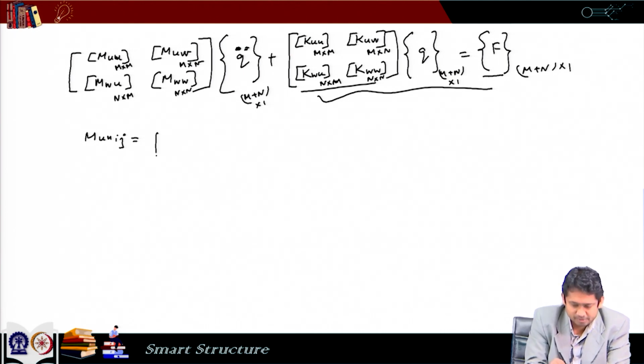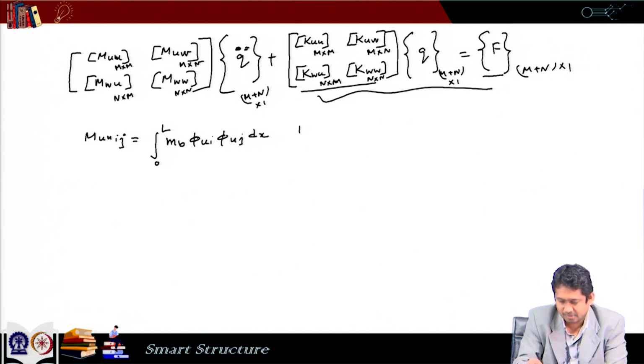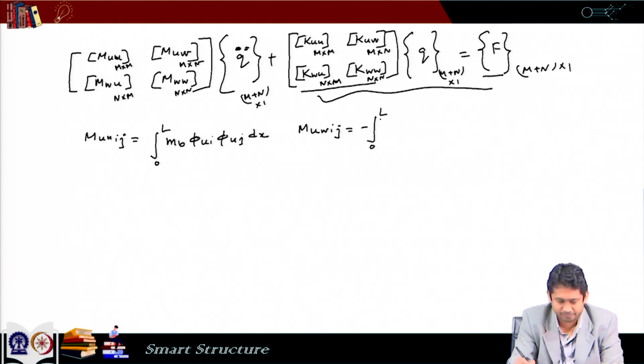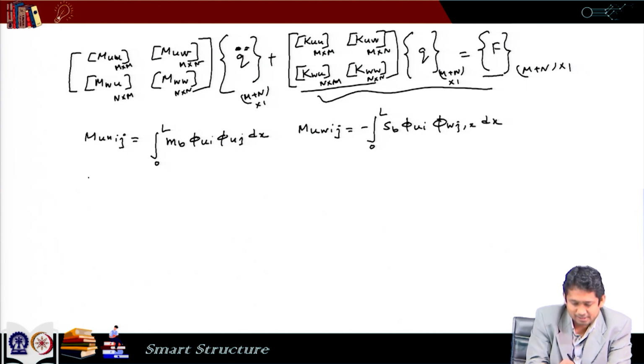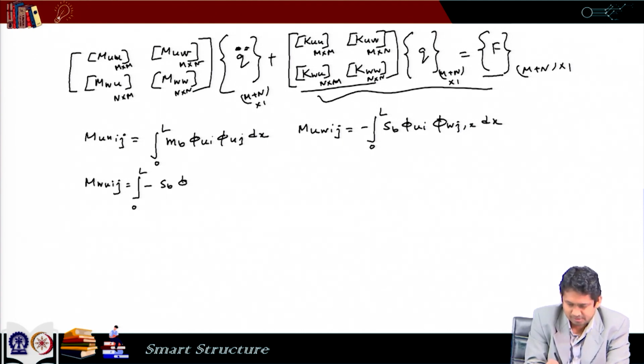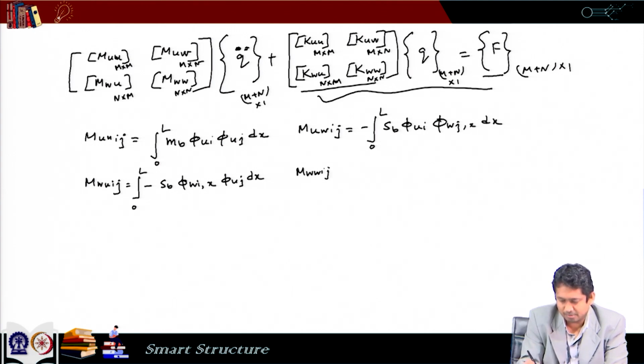So, M_UJ becomes the integral of phi_UI phi_UJ dx, M_UW_IJ becomes minus of the integral of phi_UI phi_WJ,x dx, and M_WU_IJ becomes minus of the integral of phi_WI,x multiplied by phi_UJ dx, and M_WW_IJ is